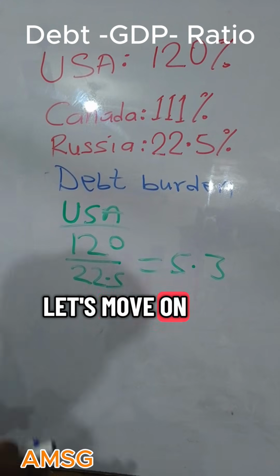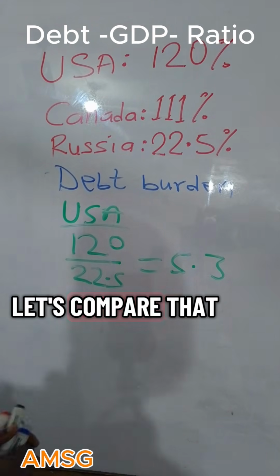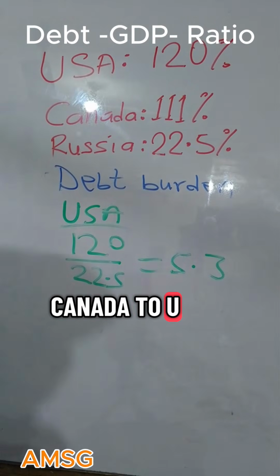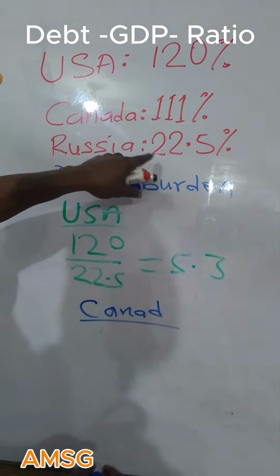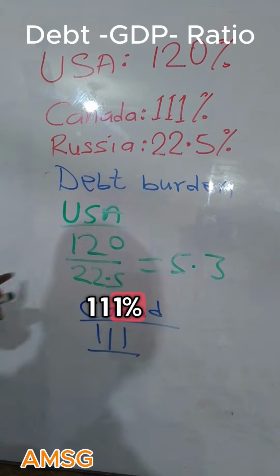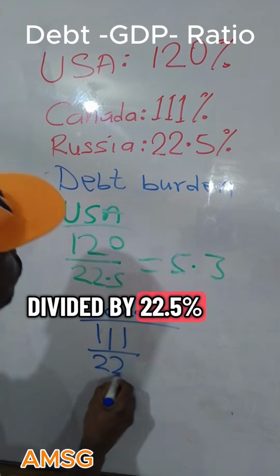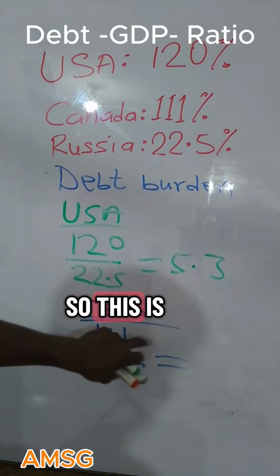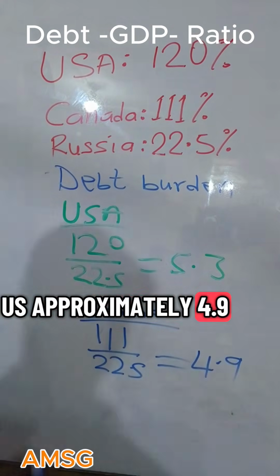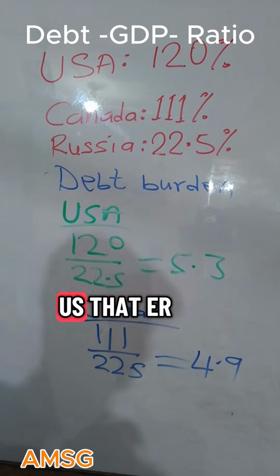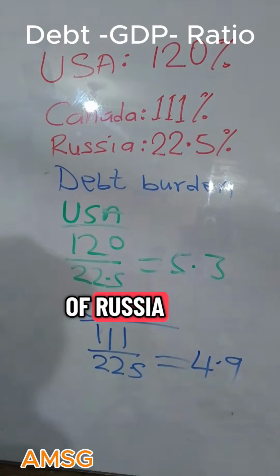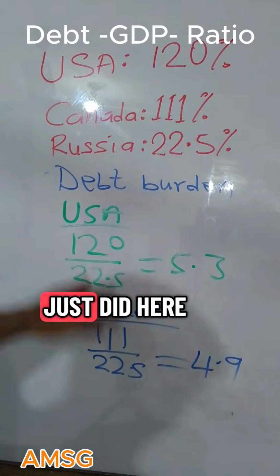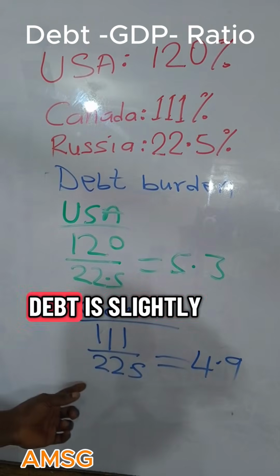Now, let's move on. Let's compare that of what? Canada to USA. So Canada, 111% divided by 22.5%. So this is going to give us approximately 4.9. And this also tells us that Canada's debt is what? 4.9 times heavier than that of Russia. So with this simple calculation we just did here, it tells us that USA's debt is slightly higher